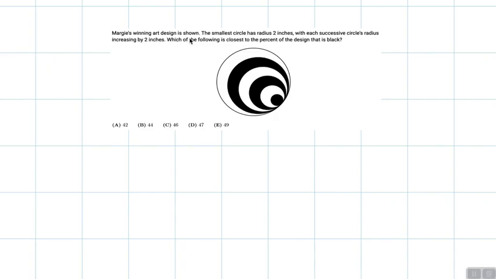Margie's winning art design is shown. The smallest circle has radius 2 inches, with each successive circle's radius increasing by 2 inches. Which of the following is closest to the percent of the design that is black? Okay, so